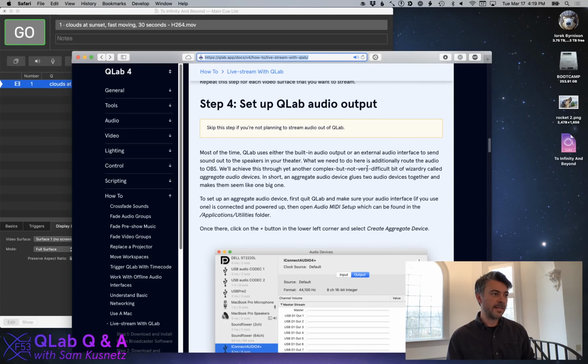In the chat, Naomi asked, can you do this the opposite way? Can you send a live stream video from the web and run it into QLab? The answer is basically, yes. And it's also done with Siphon. You can use Siphon as an input source for QLab. Camera cues can use Siphon as a source. The hard part is